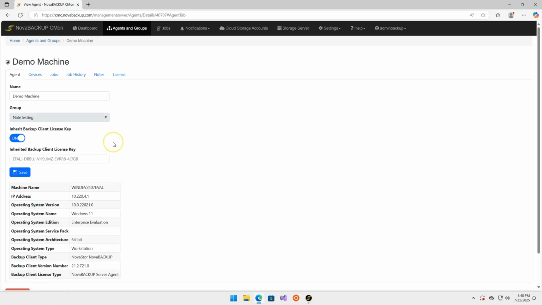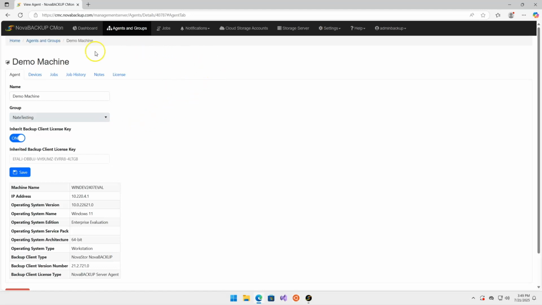Hi everybody. Today I want to go through how you can configure Nova Backup to back up to the Impossible Cloud S3 storage. This is assuming that you have everything already set up on Impossible Cloud, your account set up, configuration and all that going on, and you've installed the software already, and I am looking at the agent within the management server right now.